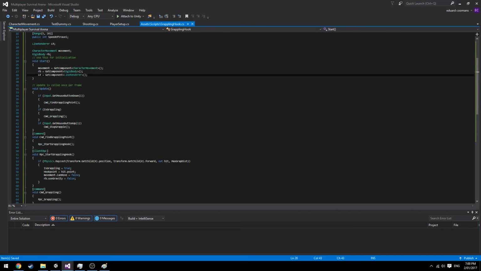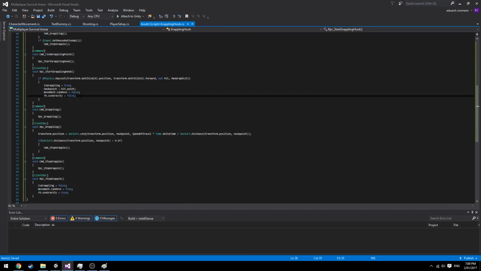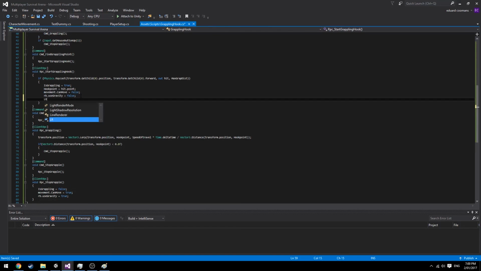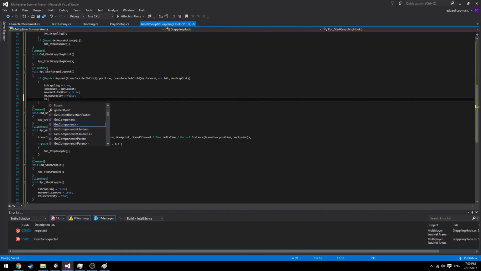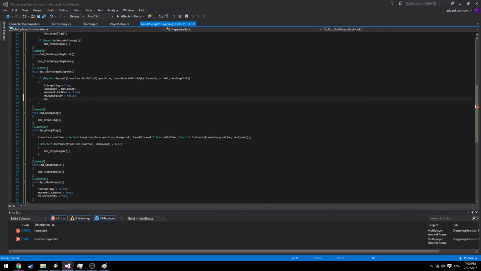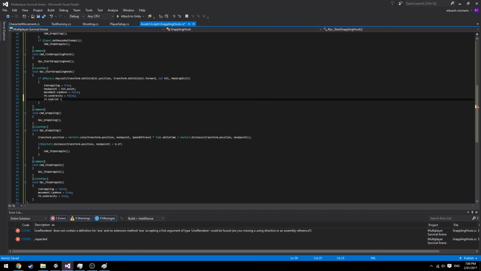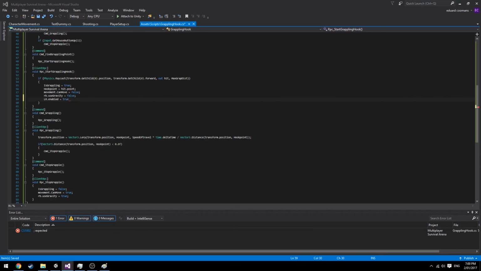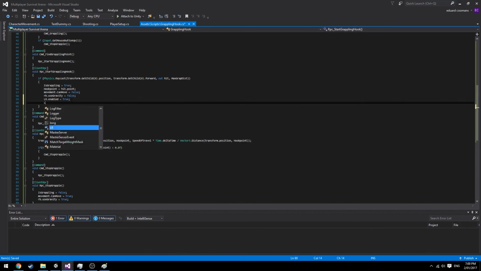So here, when we start the hook, we want to enable it because it will start off disabled because we're not actually grappling from the start. So at the start, it'll be disabled, and we want to re-enable it. So here, we'll say enabled equals true, and we want to set the line renderer,